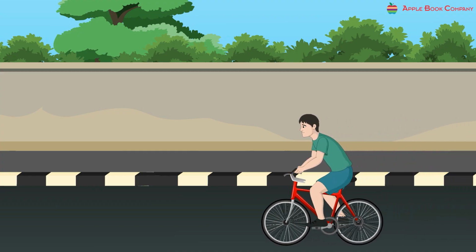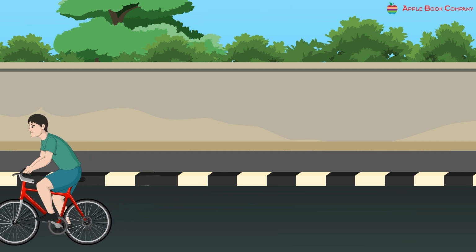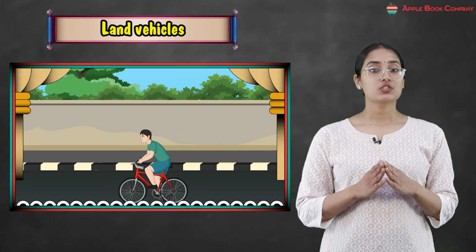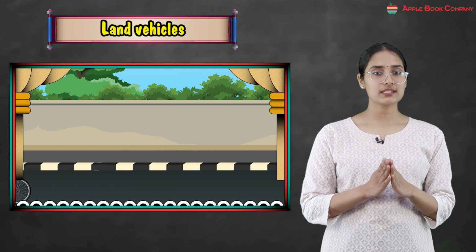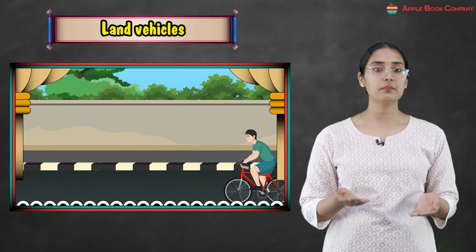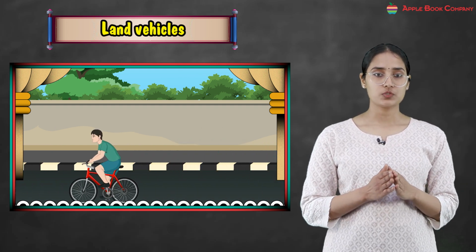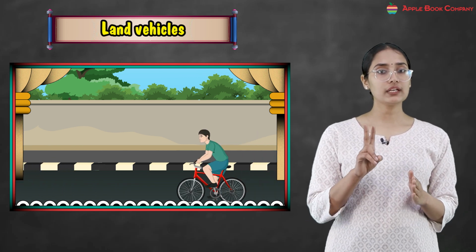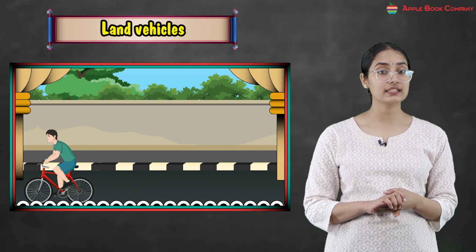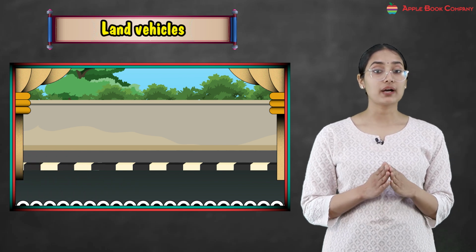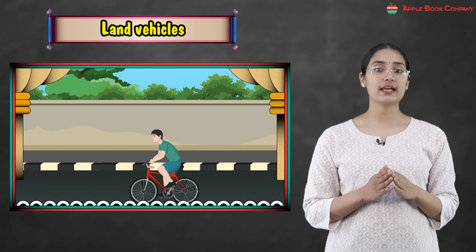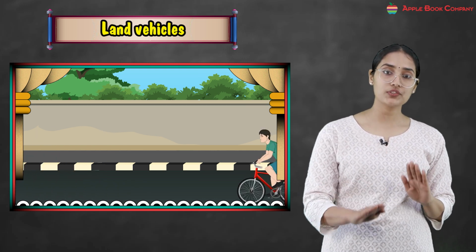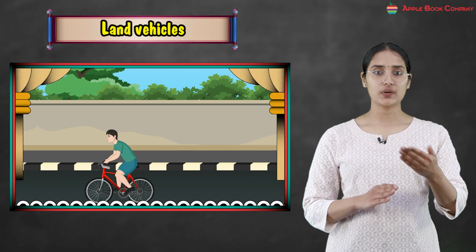Then we have bicycle. So bicycle has 2 wheels and needs pedaling to move, okay? So we sit on a bicycle and there is also a place behind the driver to sit, okay? So maximum there are only 2 places on the bicycle where we can sit, okay? So bicycle has 2 wheels and we need constant pedaling, right? We have to move the pedal to go ahead.